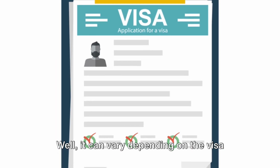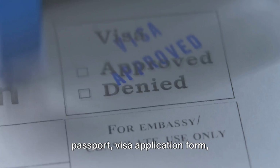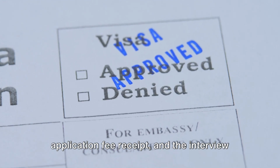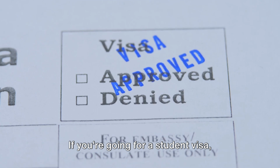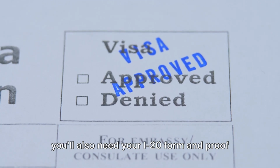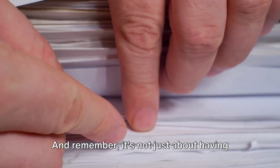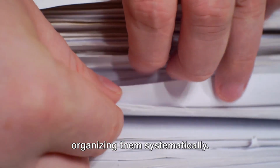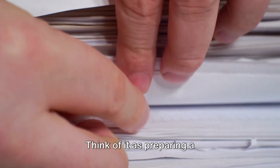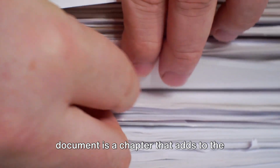Well, it can vary depending on the visa category, but generally you'll need your passport, visa application form, application fee receipt, and the interview appointment letter. If you're going for a student visa, you'll also need your I-20 form and proof of your academic qualifications. And remember, it's not just about having these documents, but it's also about organizing them systematically. Think of it as preparing a well-structured storybook, where each document is a chapter that adds to the narrative of